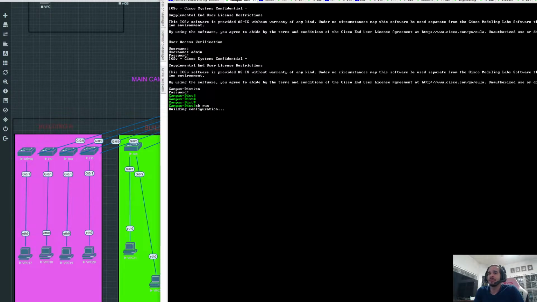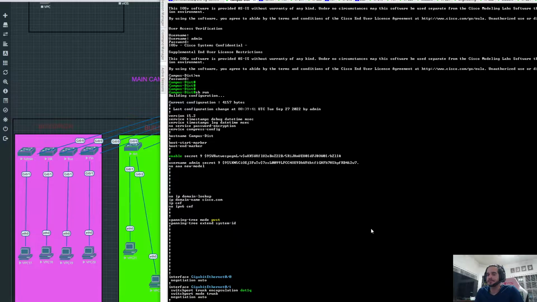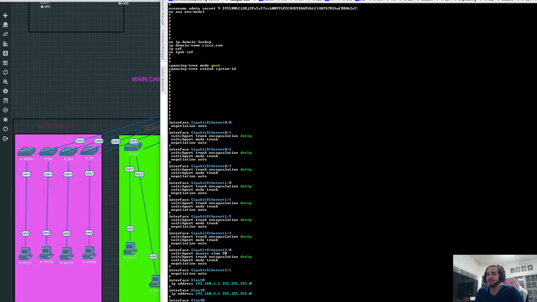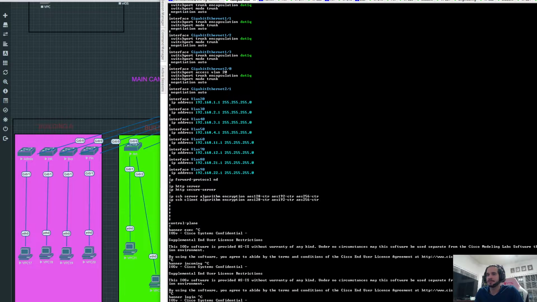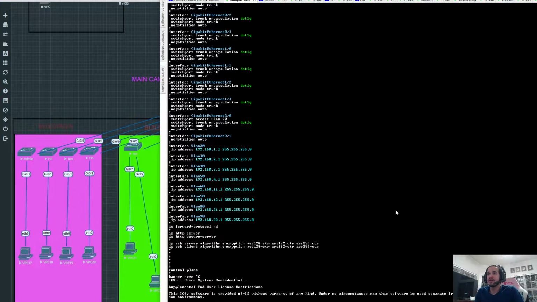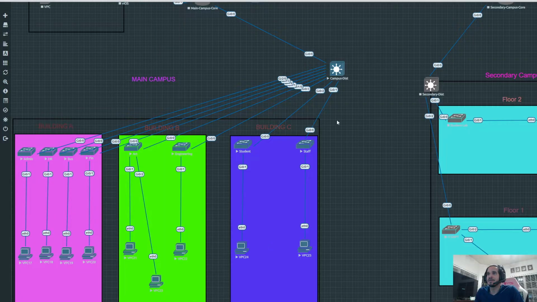So doing a show run, we're going to look at the configuration. And it's building. Okay. So besides the basic stuff, we have a local user created, a password, and all that good stuff. Let me get it all to print out, and then I'll go one by one. The first thing we had to do was, because we're using this switch here as a distribution switch,